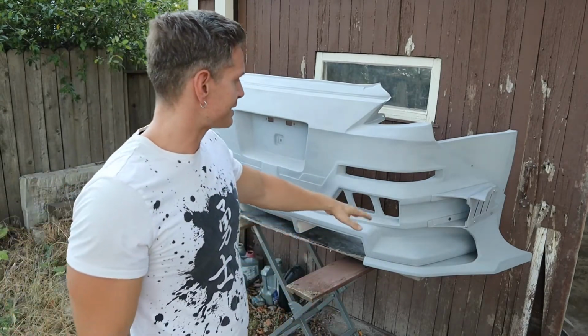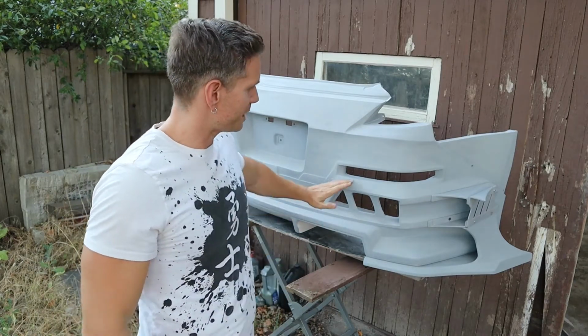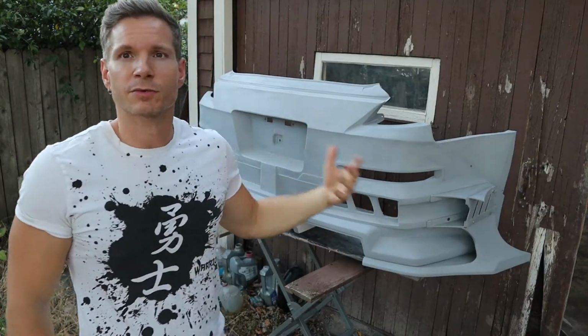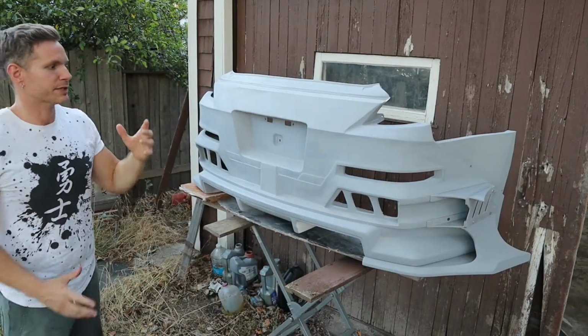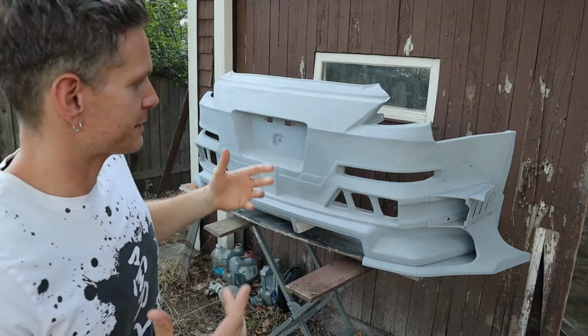So I put the little slats in there and a lot of unique detailing. It's nicely beveled out on the edges all the way across here. I think they turned out really, really good. I think from all angles, whether you're looking at it from the side or whichever way you're looking at it, they look really good. And especially when there's a little mesh or something put behind there, it's going to really pop